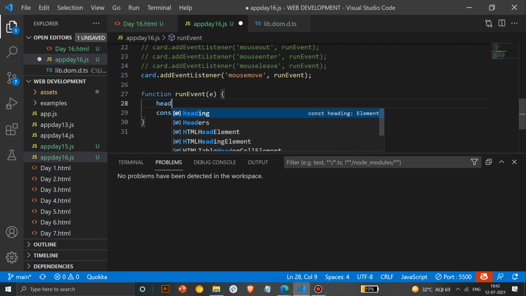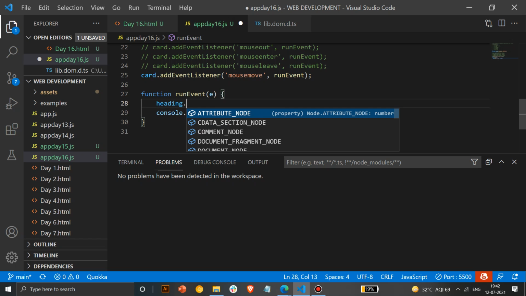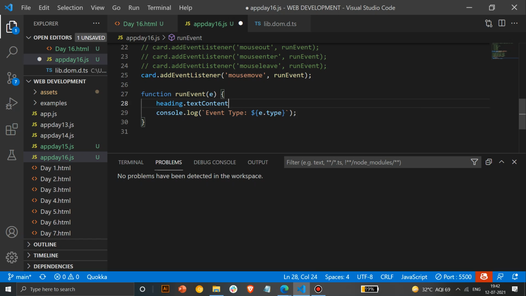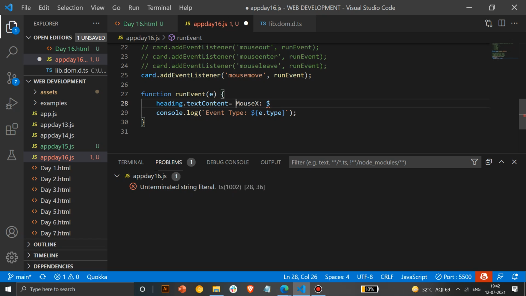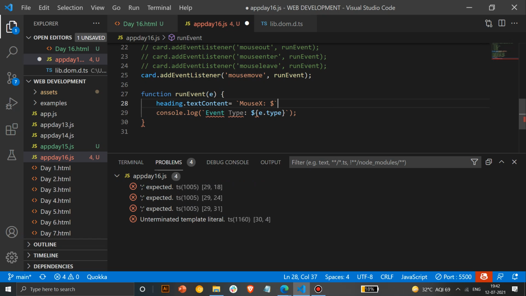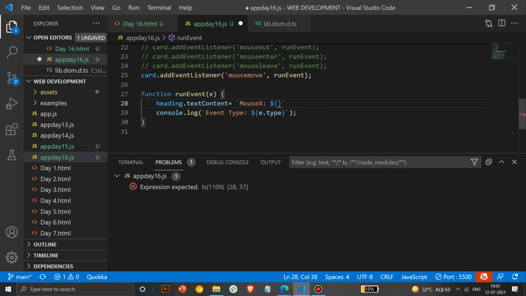This is useful when you are making a drawing application, where you have to track the cursor at what particular point it's used. So in those cases it's really helpful. So what I'll do is I'll show the mouse x value, mouse x value, and dollar, same thing. Here's mouse x.